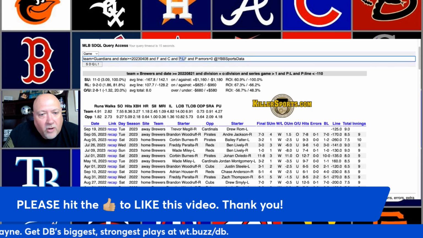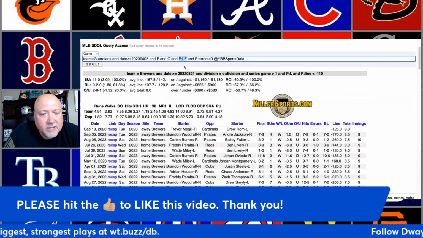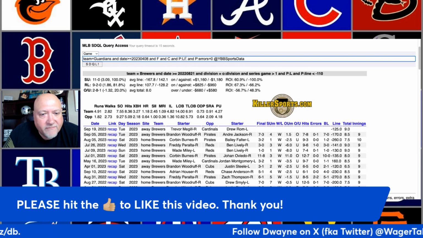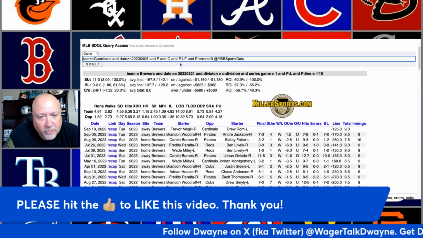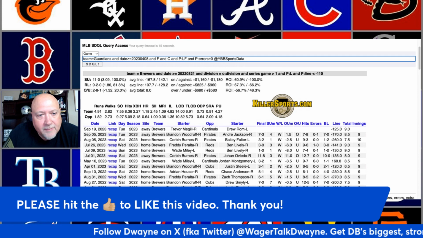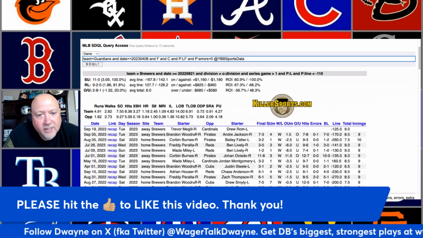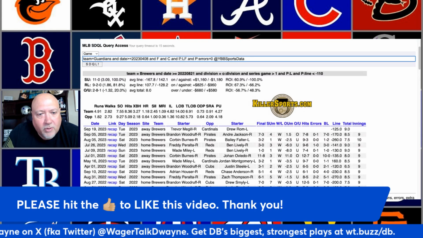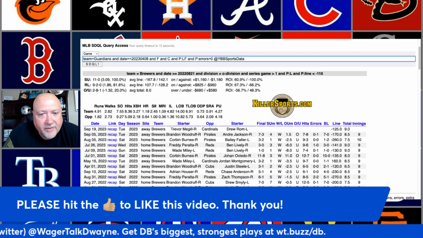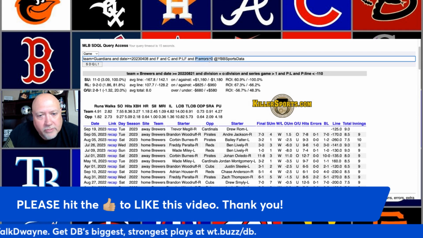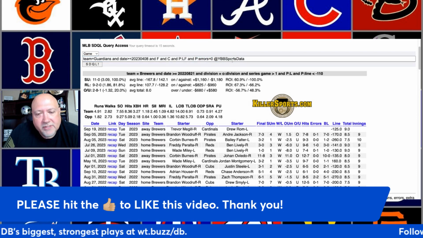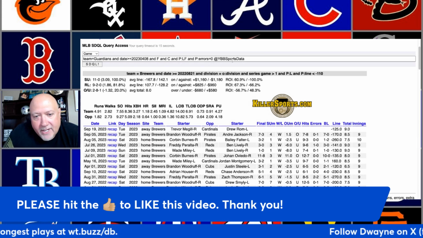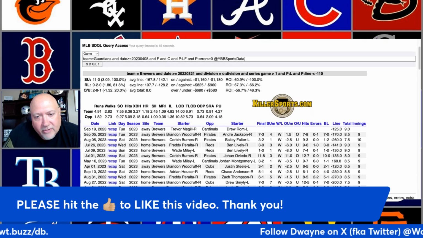If they lost the previous meeting with this team as a favorite, so L for loss, F for favorite, and the capital P again refers to the team's previous game against this opponent. So they lost as a favorite against this opponent the last time they played them, and they also committed no errors in that game. Now, this was a trend that was shared with me by some other friends of mine,